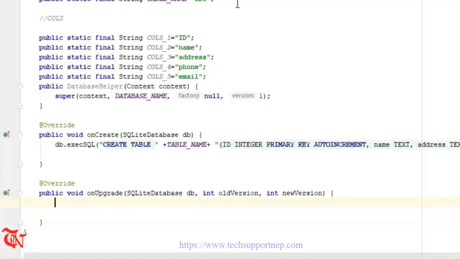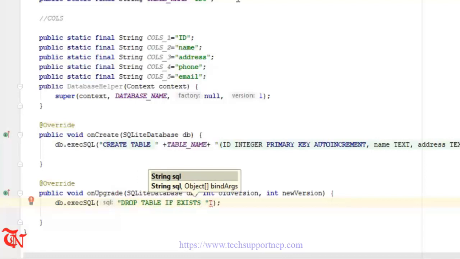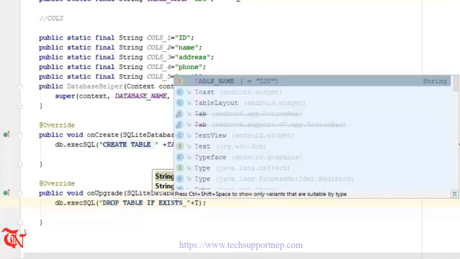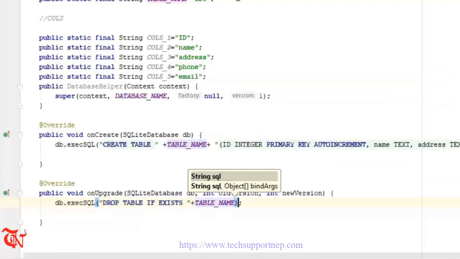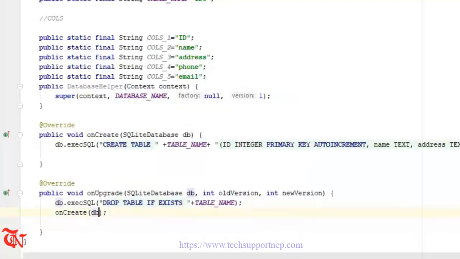in our database, we need to remove that table. So db.execSQL drop table if exists, space, here goes table name, and we need to create this table. So call this onCreate method. There goes db. That's it. We just created our database,